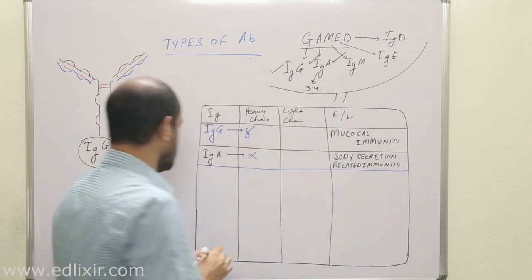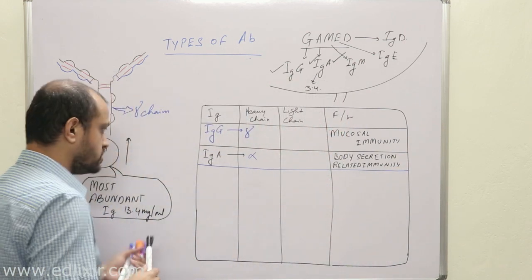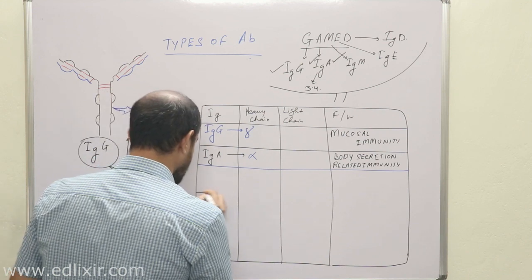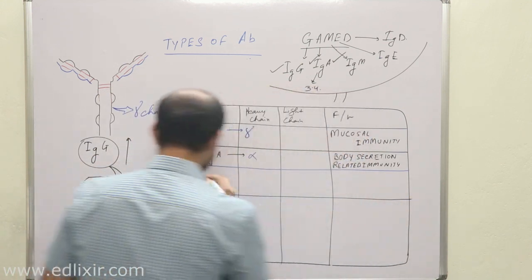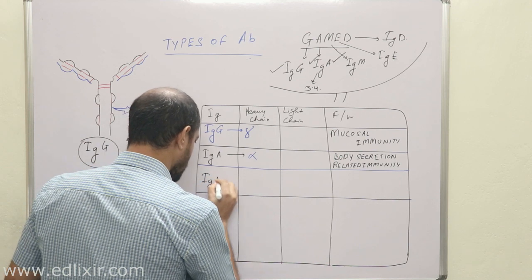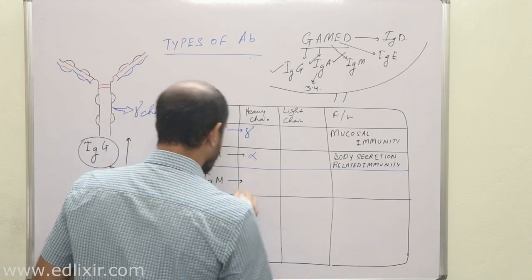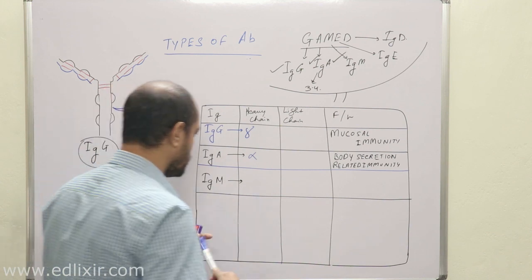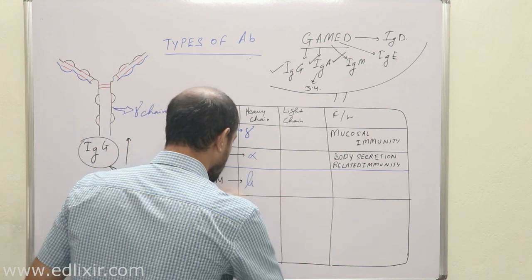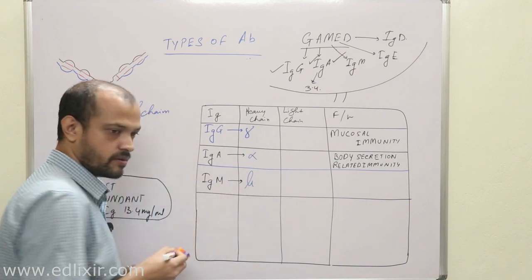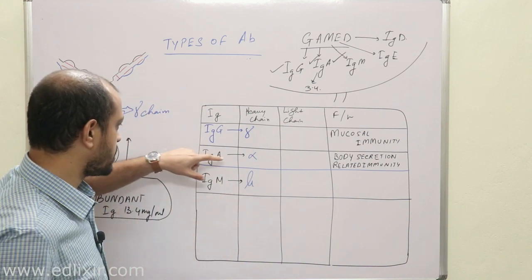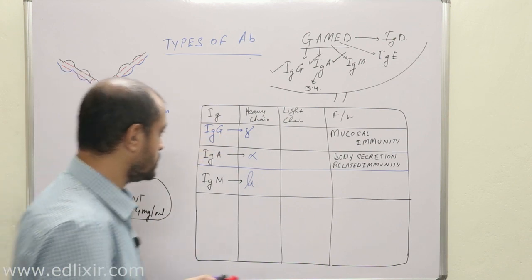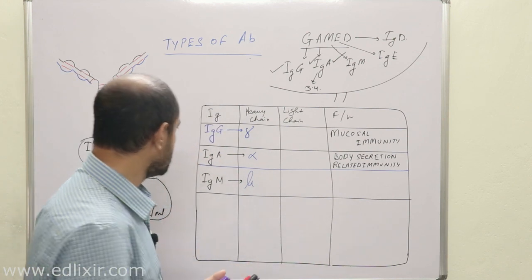Okay. Now we will be talking about this master thing known by the name of IgM. The heavy chain of IgM is actually made up of a protein called mu chain. Mu. That's why M for mu, M for IgM. A for alpha, A for IgA. G for gamma. That's why these are named so. Now, what is the most important thing about IgM?